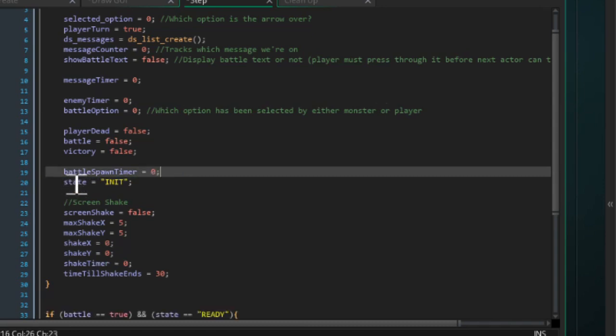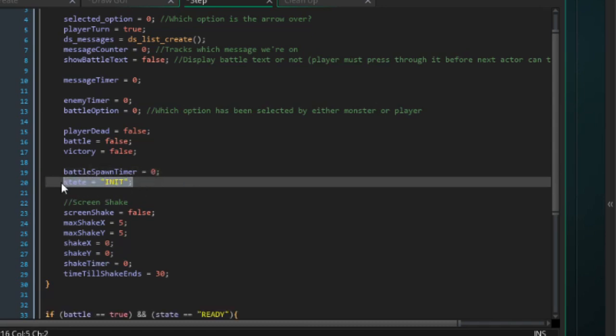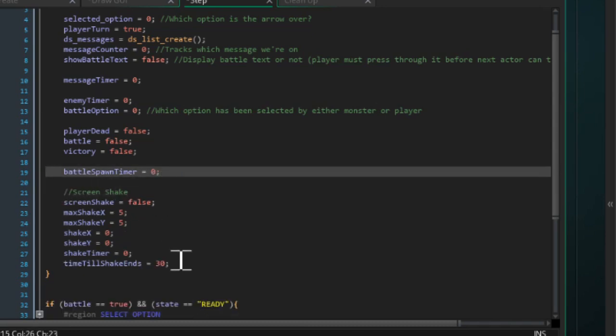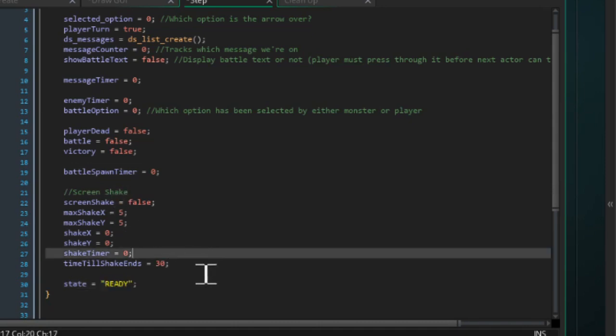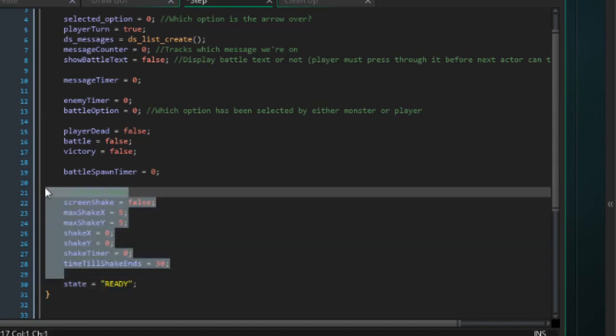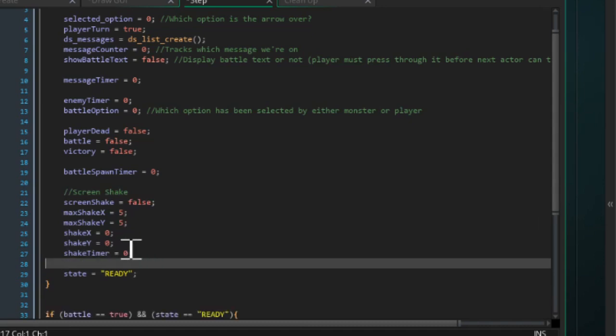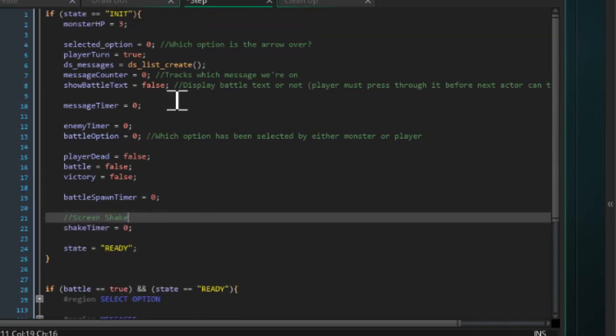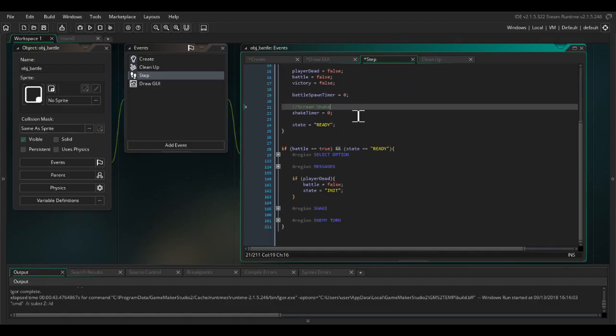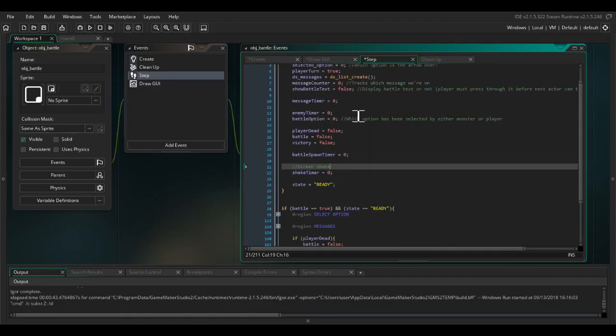Don't need this. Don't need that yet. We're going to set it to ready at the end of all this. We don't need to reset the shake stuff apart from the timer, just to make sure that's been reset. Okie doke. One last thing is